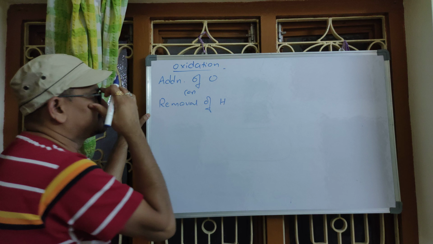Whatever the electrons that were neutralizing these 2 plus charges in A so far were taken away from A. So those 2 plus charges were exposed. See, my negative charges were moving away from me. That's why they were left unneutralized. Understood? So A had developed 2 units positive charge because oxygen atom had attracted 2 units negative charge from A. Right? In this way, as A had lost electrons to oxygen, loss of electrons is also called oxidation reaction.